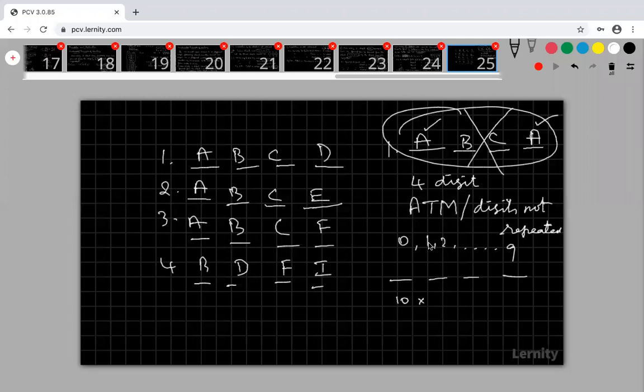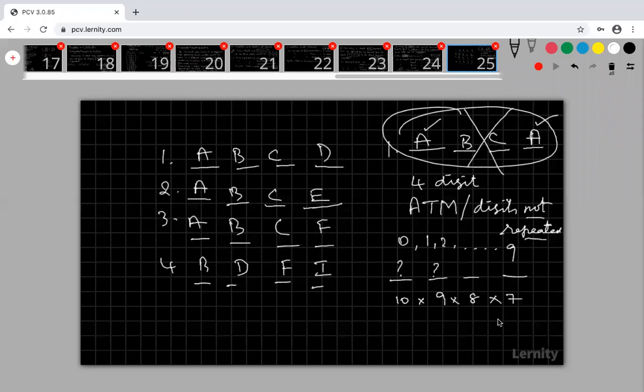So for the second digit, already I have chosen one number. That number cannot be taken in the second place, the third place, or the fourth place. So therefore, you leave that number. Which number it is, I don't know. But if you leave that number, what is the remaining? Remaining is 9. In 9 ways we can fill this number. Here I can take 8 ways because already 2 numbers are filled. These 2 numbers never come here and never come here because digits are not repeated. And here it is 7.